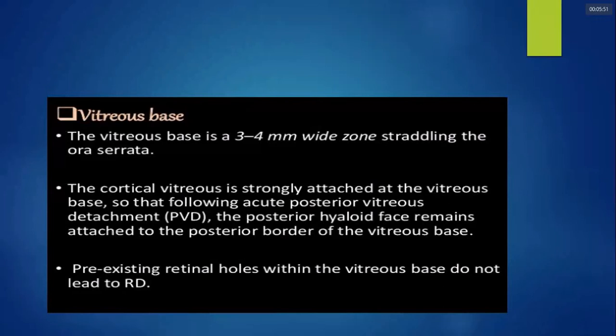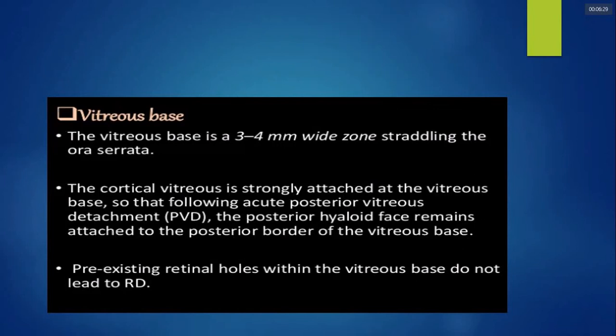If you imagine the structure of the eyeball anterior to posterior, there is a cornea, anterior chamber, then pupil, which is the central aperture, and behind the pupil is the lens. Then after that is the vitreous. So anteriorly the vitreous adhesion with the lens is the anterior hyaloid phase, and beyond the vitreous and the retina, that is the posterior hyaloid space. So always remember, the posterior hyaloid remains attached to the posterior border of the vitreous space.